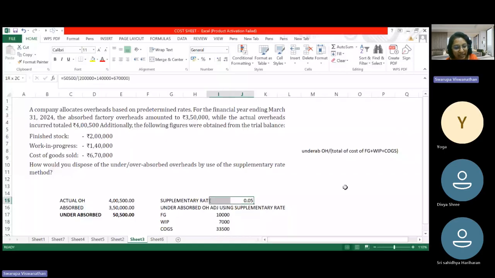0.05 is the supplementary rate. So if you are asked to calculate only the supplementary rate, you have to choose 0.05. If you are asked to calculate what will be the proportionate overheads that will be adjusted against each of the